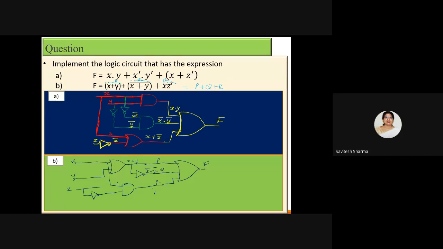Or if someone asks me to improve the speed, it should be high. Then the area constraint we may suffer. If time is the constraint and you require high speed, then you will not take care of the area occupied. High speed you can get if you are generating the terms in parallel. Parallel processing will always give you high speed. So you will use a large number of gates, but all the terms you will generate in parallel. That will be the trick to get high speed performance.